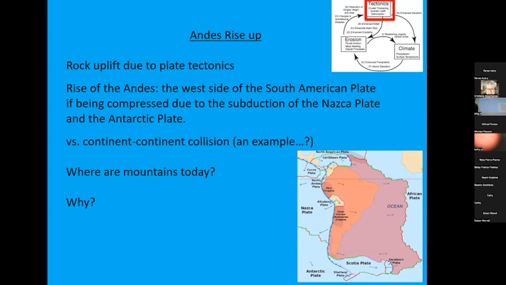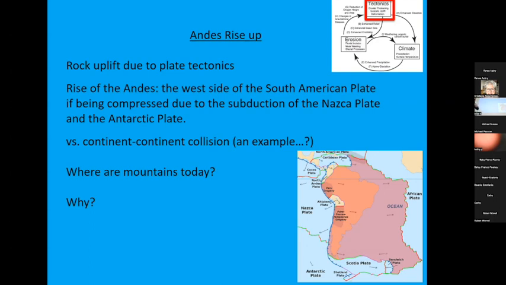So first I'm going to talk about the Andes rising up. Now I'm not going to spend much time on what causes the Andes to rise up, and the main reason is it's not my expertise. I can read the literature and I have an idea, but most of today's workshop is more on how they erode down and actually whether erosion itself can help them rise back up. And I'll talk about that as I mentioned. So this is kind of brief because it's not really my expertise, and I don't do research so much on what causes the Andes to rise up, but